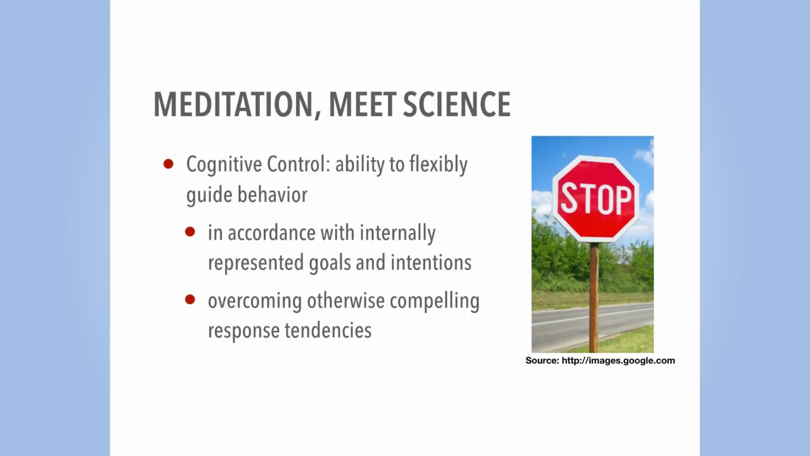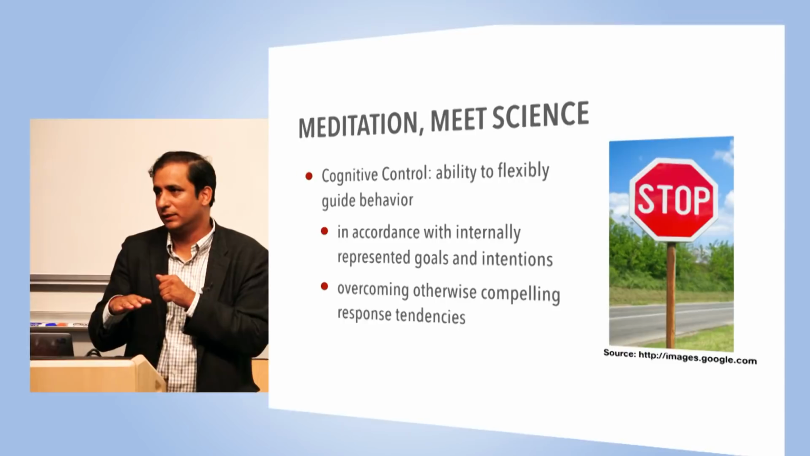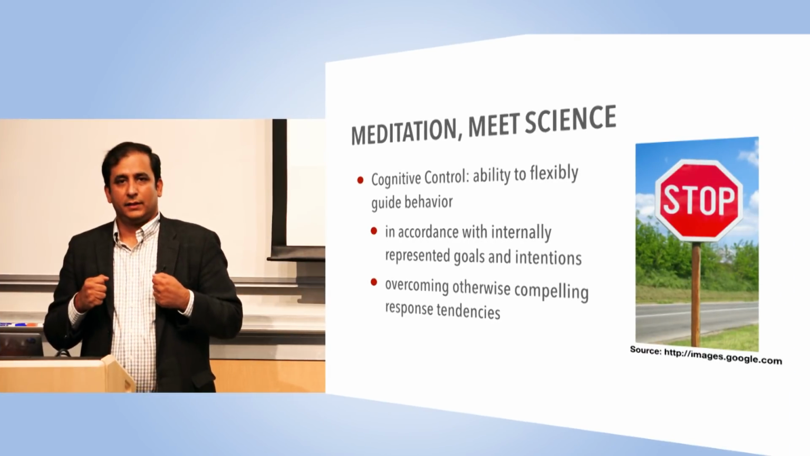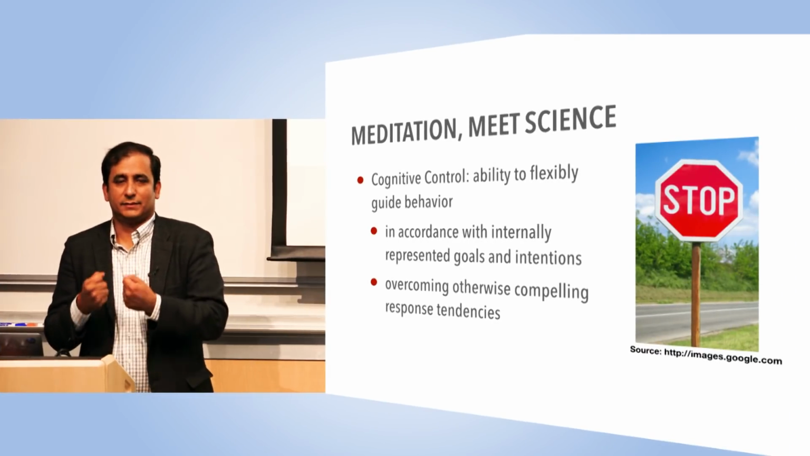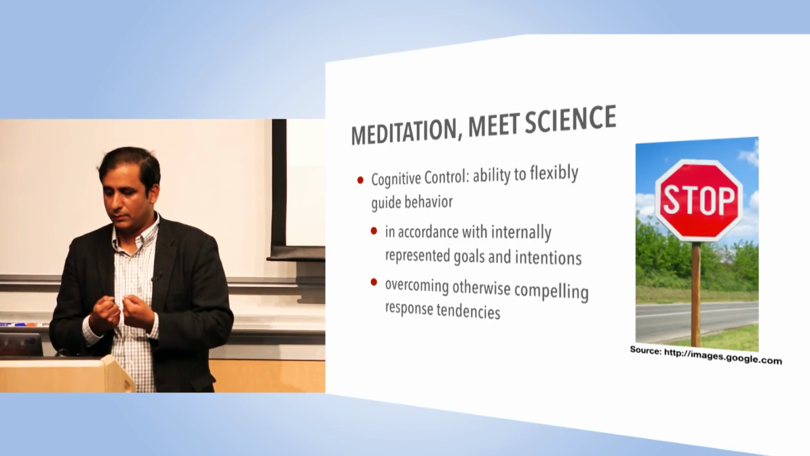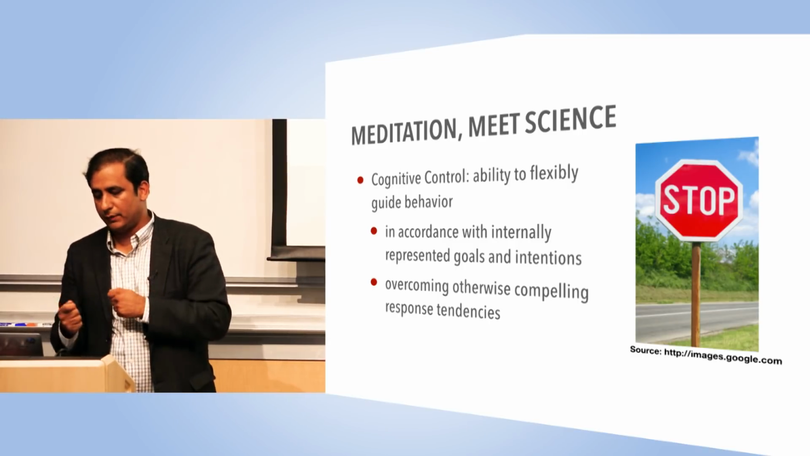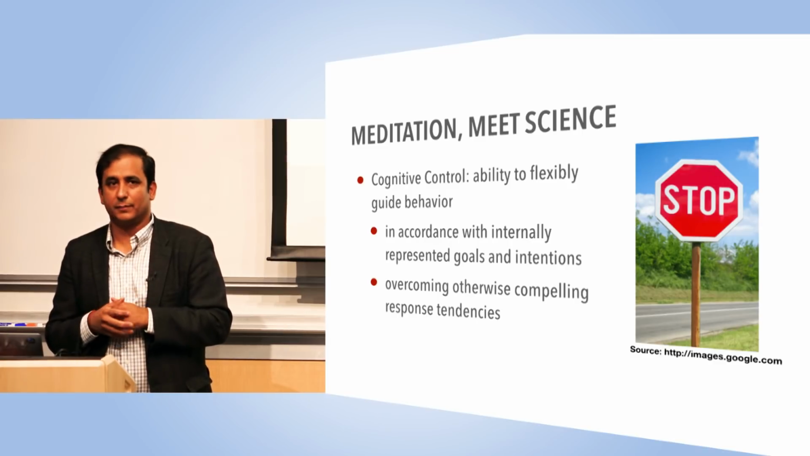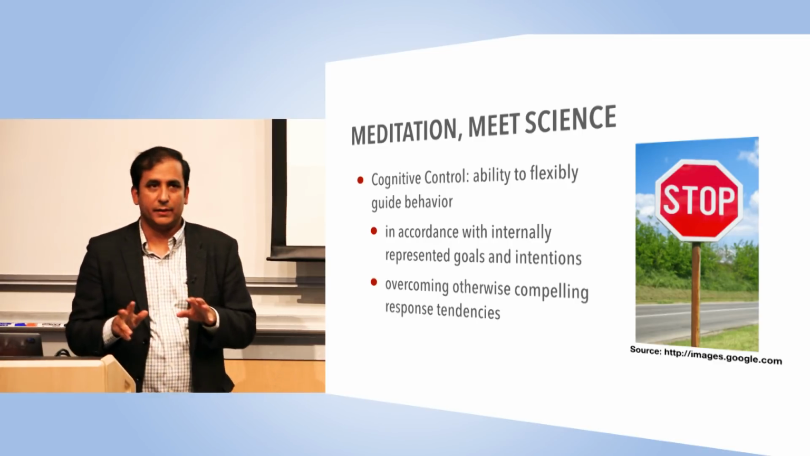So the idea is when you see that stop sign, hopefully all of you stop and not do the California roll, but at least you slow down. That kind of inhibition that we exercise on our obvious actions is what cognitive control is all about. It is the ability to flexibly guide behavior in accordance with some kind of internal representation and goals, and overcoming otherwise compelling